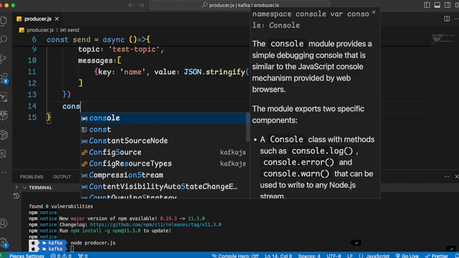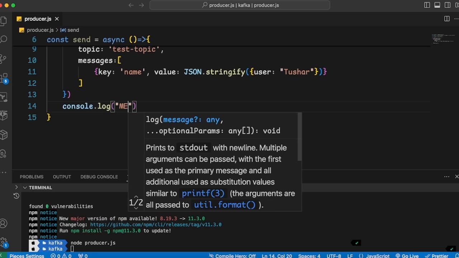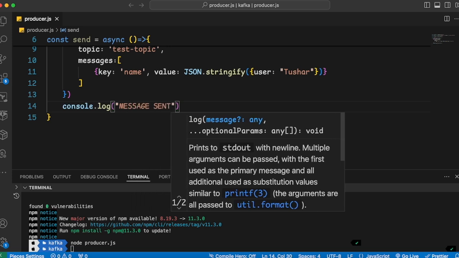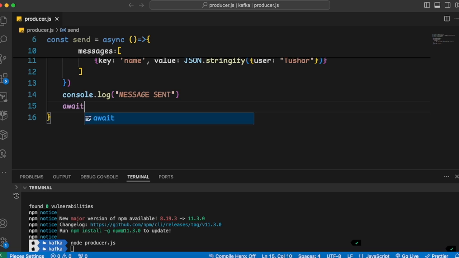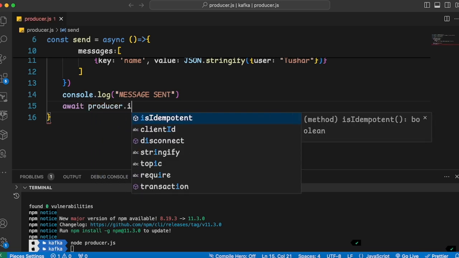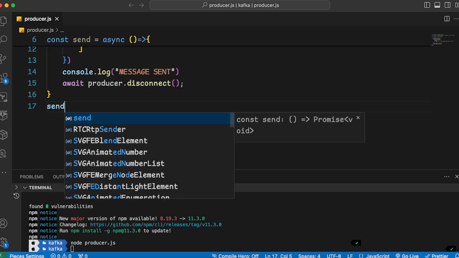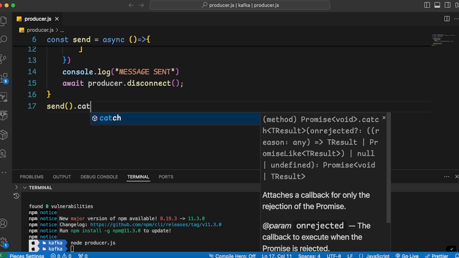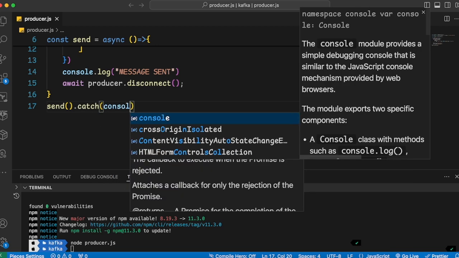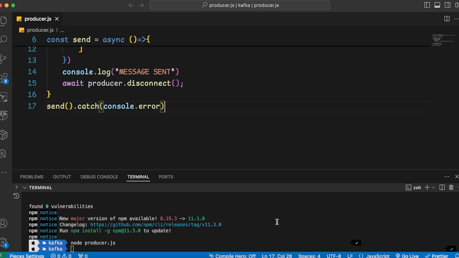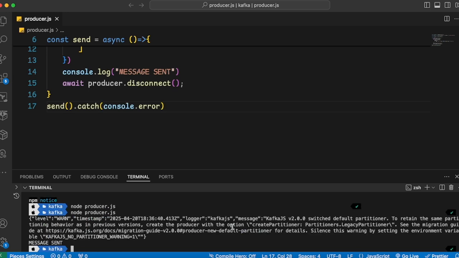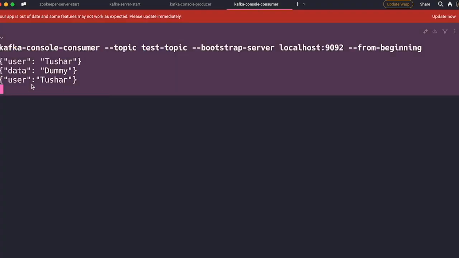Now I will just say console.log message sent or not. Okay, and now once the message has been sent, I will disconnect from my producer. Then send dot catch console dot error. That's it. Now I will just run this file. You can see it retains the same partitions and all. Now you can see the log message sent, and if you want to see the message here, you can see